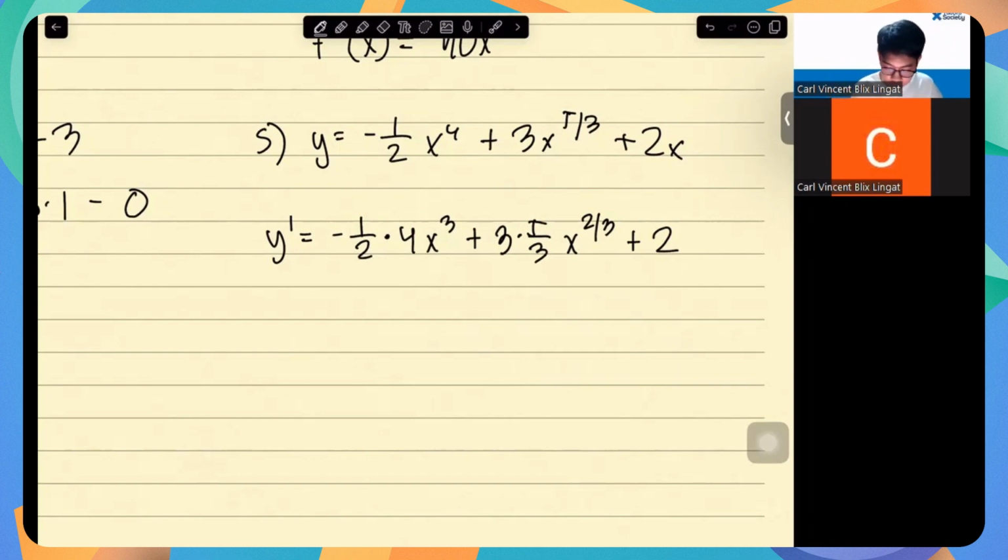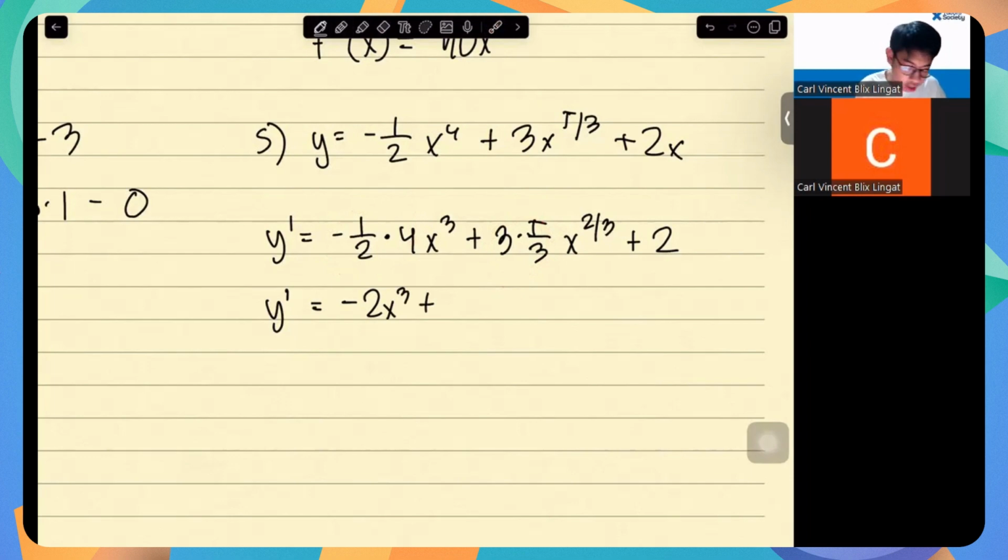So now we have 2. So let us multiply these numbers together so that we can simplify our final answer. So -1/2 times 4 is around 1/2 times 4. That's 2, -2x³